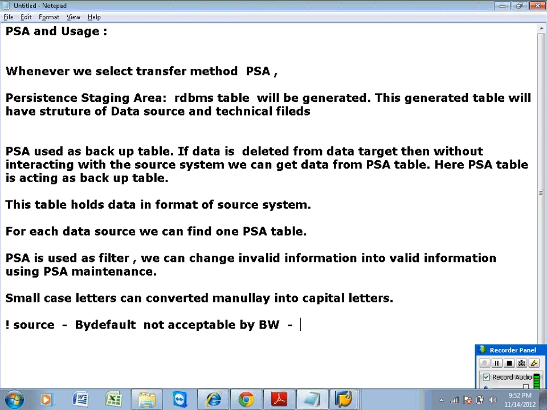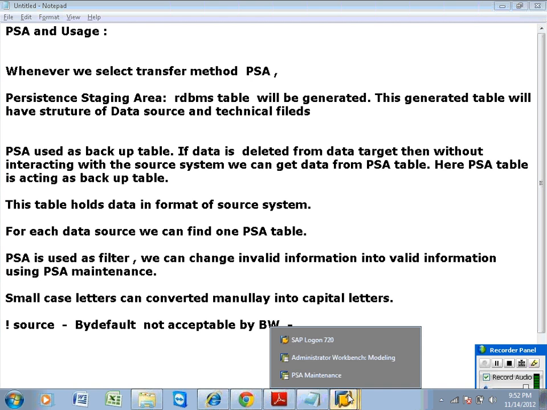So invalid, not allowable information, you can convert into valid information in PSA. So in production, in the source system, if you have any bad data, what we need to do is clean that information in PSA, and then send it further into the data target.